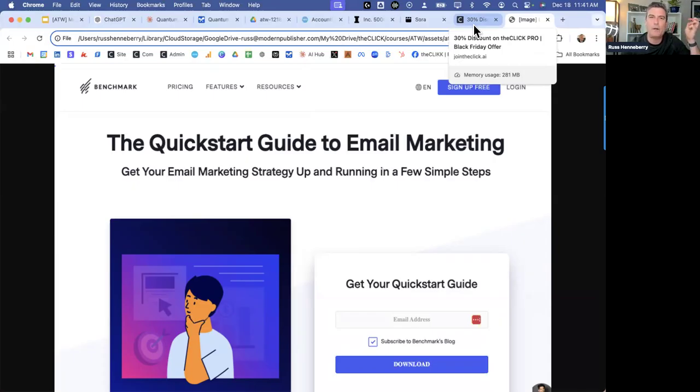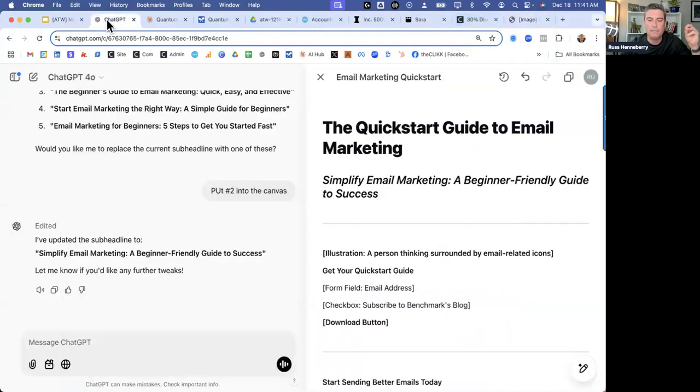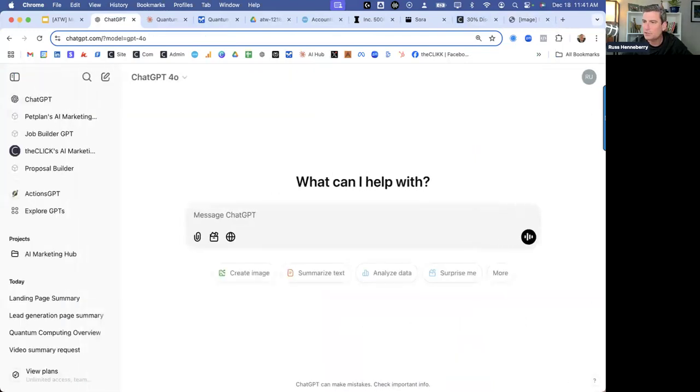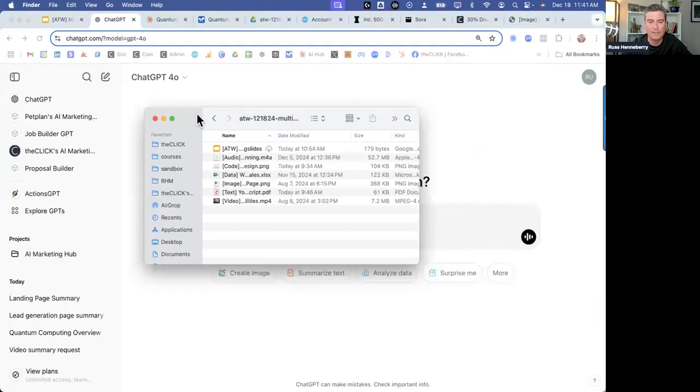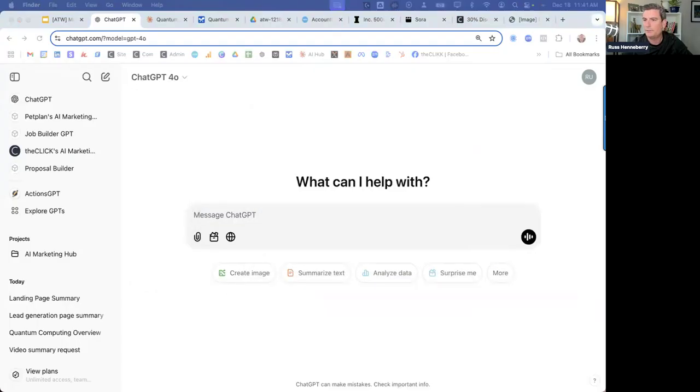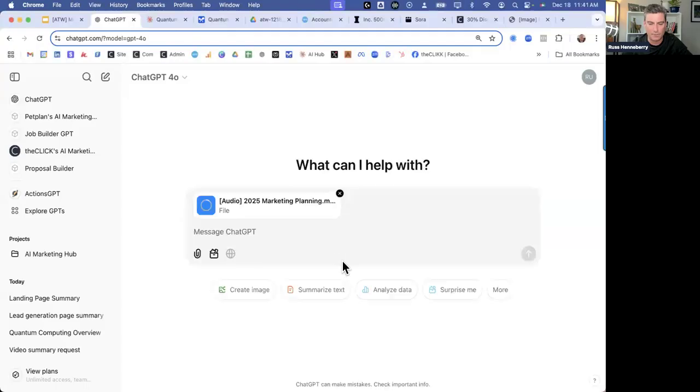So if we think about audio, audio is still a problem for ChatGPT, for example. Let's start a new chat and let's try to put this audio file in here. I'm interested to see what it does. So this is an M4A format file.